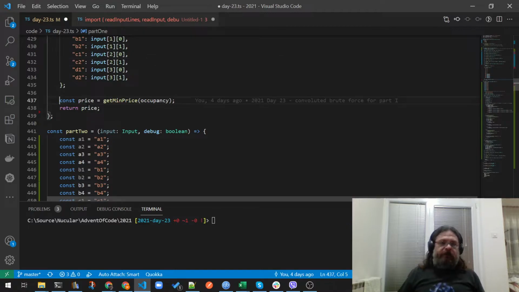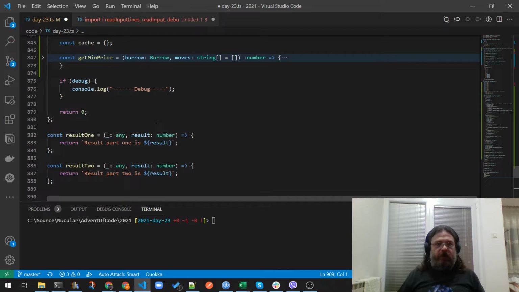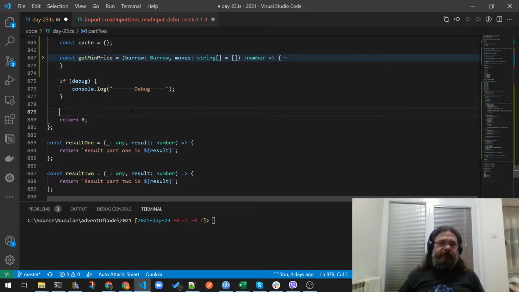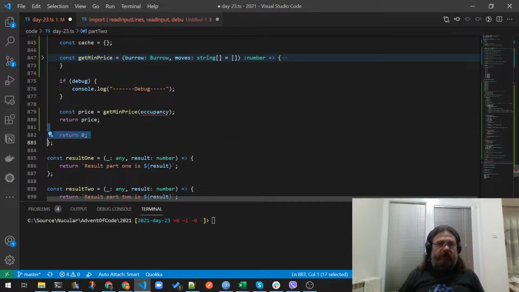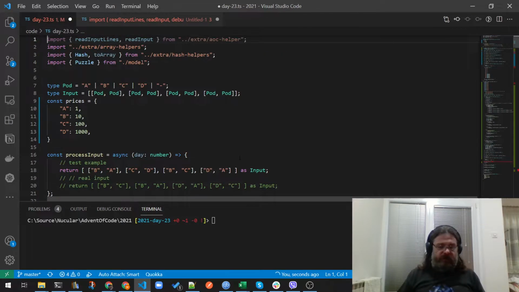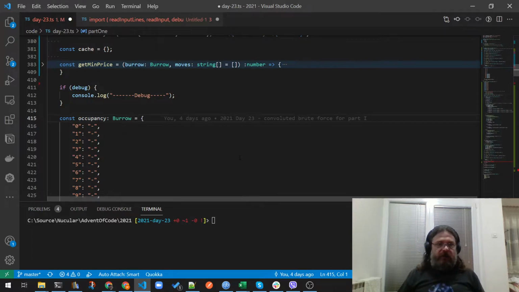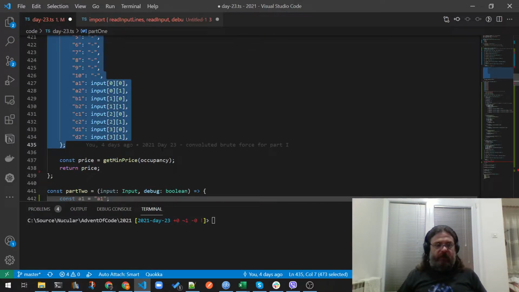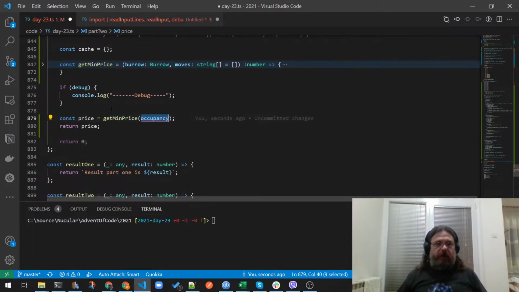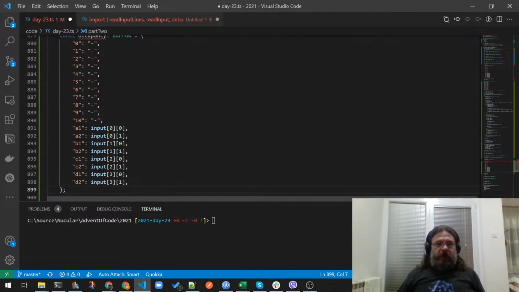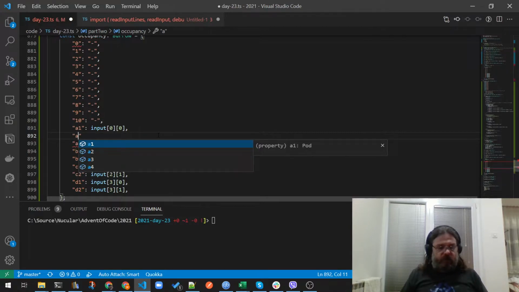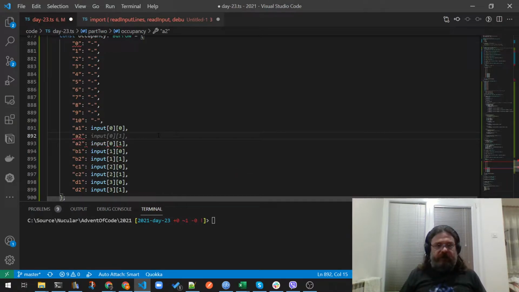And that's this. That's what part 1 actually does. Call the get min price of occupancy. Oh, we need to define the occupancy as well. And that is the place where we will be actually using our input, because now we have the case that A2 is actually a fixed value,